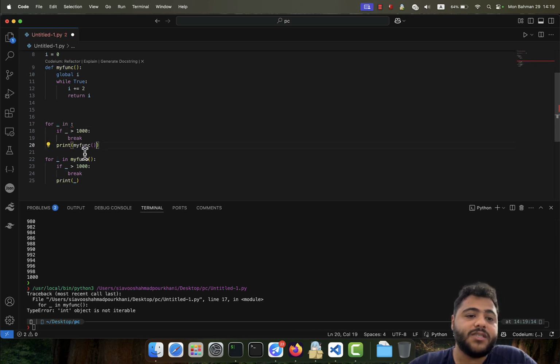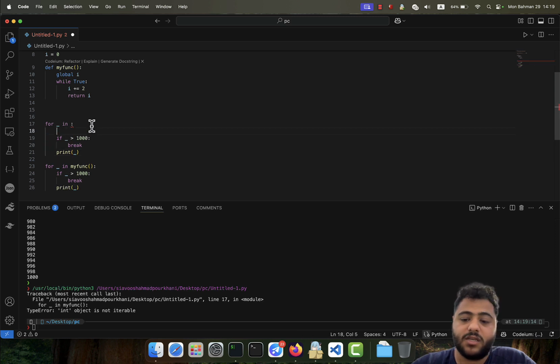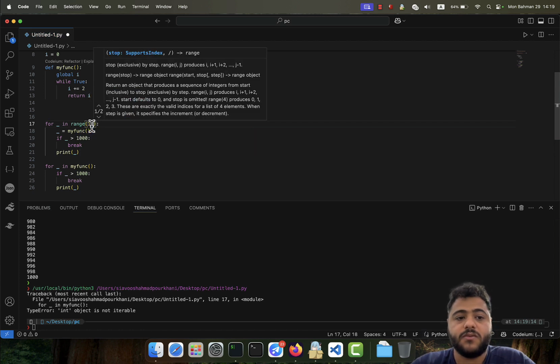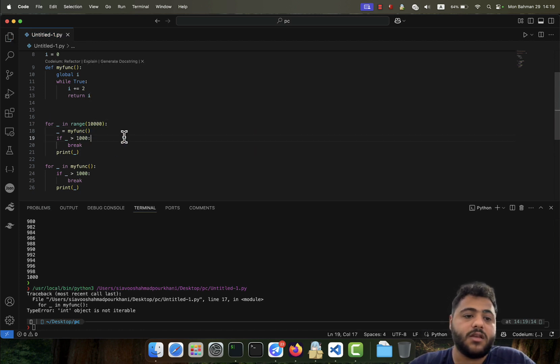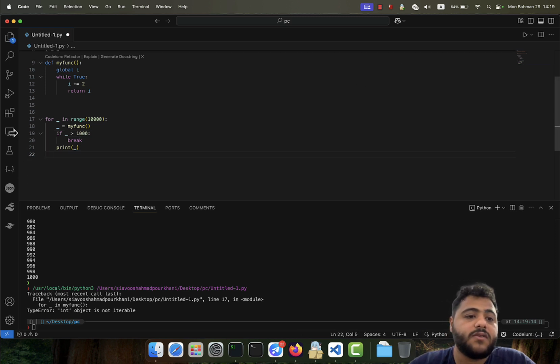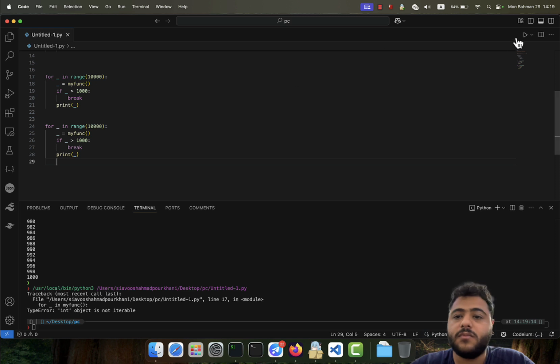We have to print the value of this, or we can just say the underscore is equal to this, and it should be in the range of 1,000, 10,000, doesn't matter actually. And we don't need the second one. We can just copy this, and